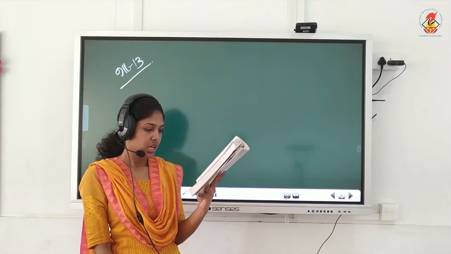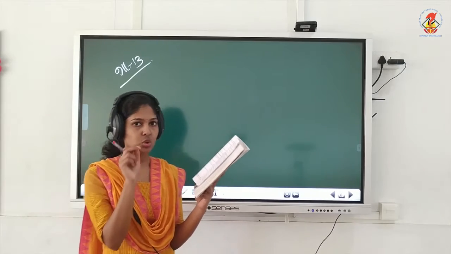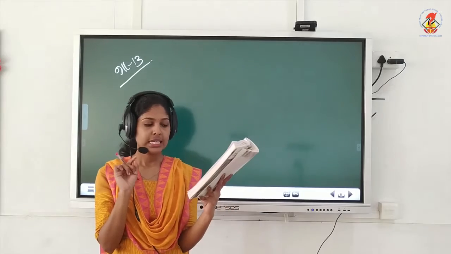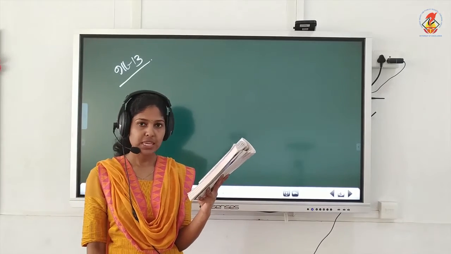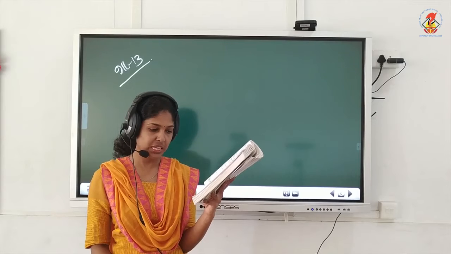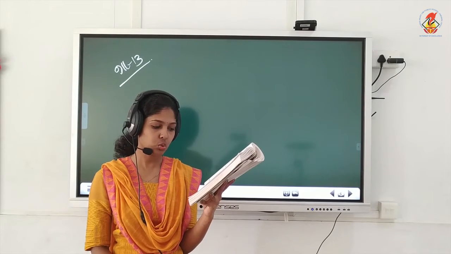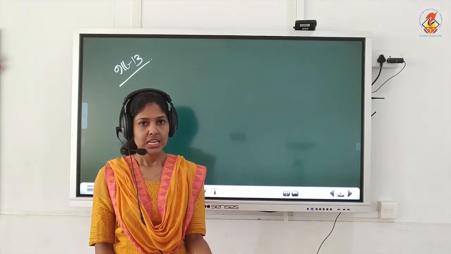A surrenders 1/20th of his share. So you have to write 1/20 into. Whereas B surrenders 1/24th of his share, that is B's share, in favor of C, a new partner. We have to get the new ratio and sacrificing ratio.